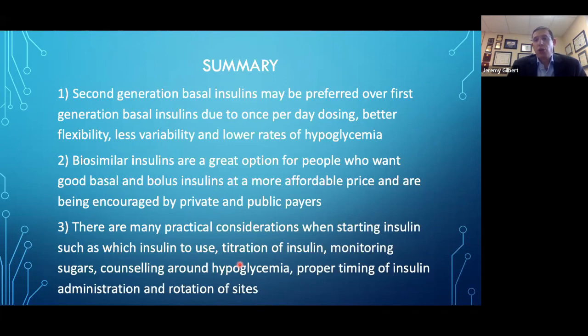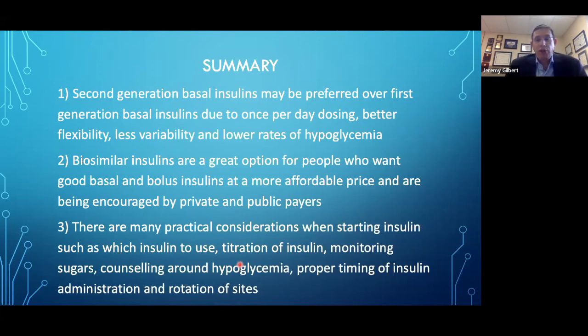The newer second generation basal insulins can be given morning or night, which can be great for shift workers or those who are traveling or those who may forget their insulin. And finally, rotation of sites and the proper insulin technique, so important to ensure success with insulin therapy. Bottom line is the insulin's been around a long time,